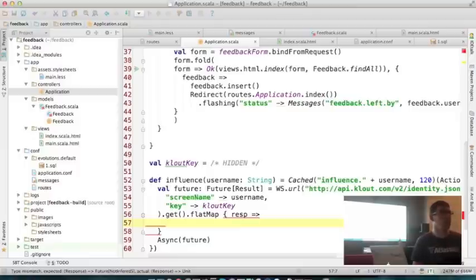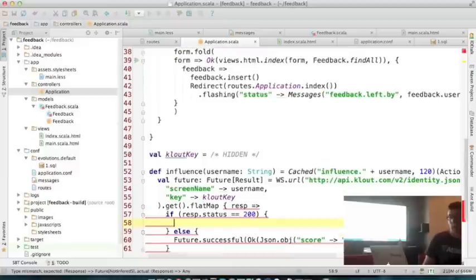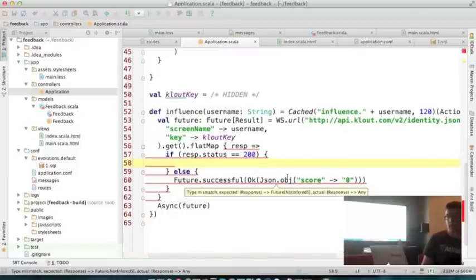And so flat map, when it comes to futures, basically means "and then". So once I've got my result, and you can see I've got my response object here, now I'm going to check that lookup was actually successful. If it wasn't, I'm going to return